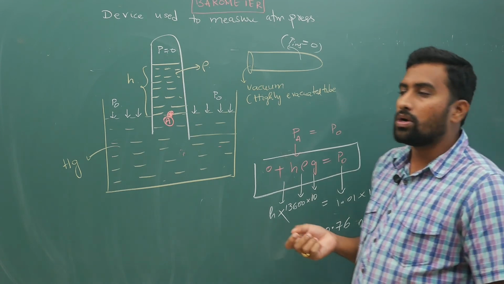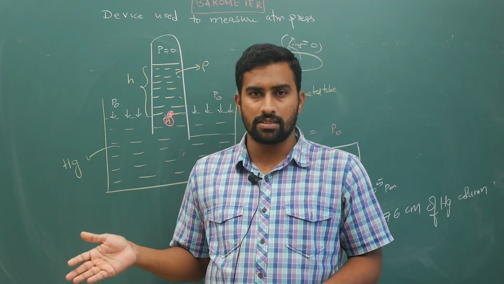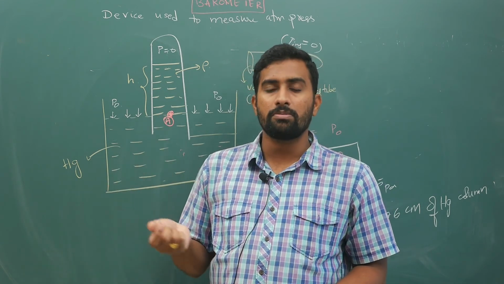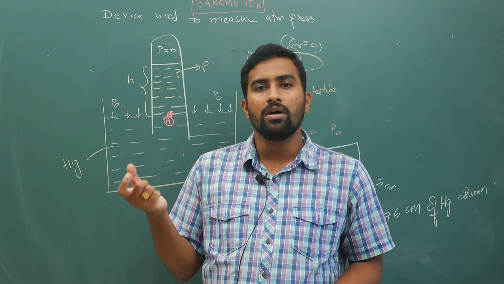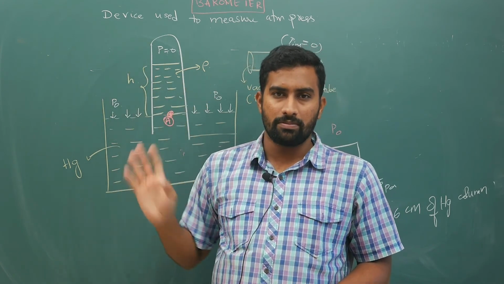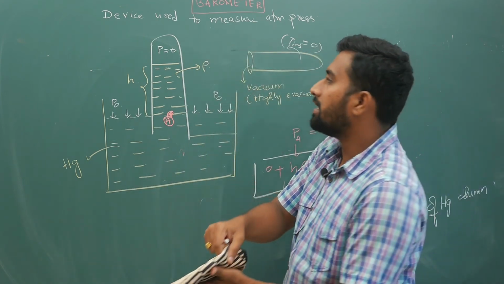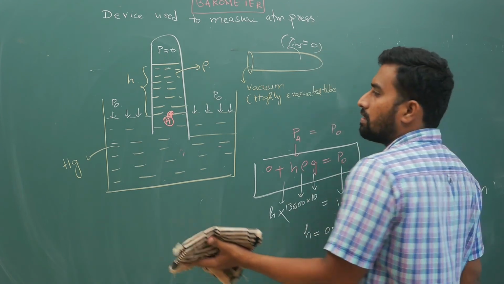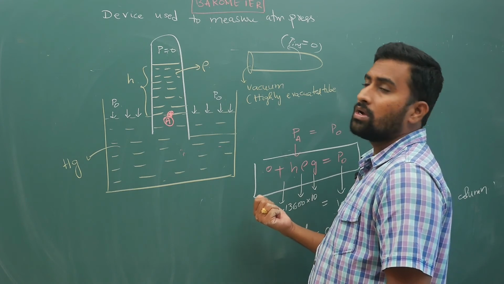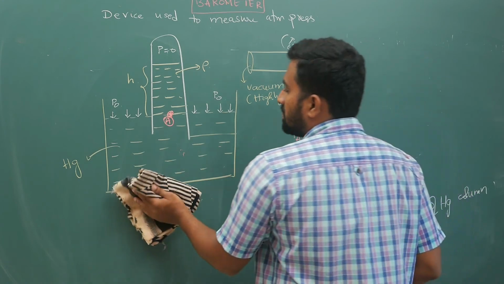Okay. So your pressure, whenever we are writing 76 centimeter of Hg column like this, indirectly when you are doing this experiment with mercury, it is rising up to a height of 76 centimeter. Okay, this is your barometer and it will measure atmospheric pressure. Now let us try to do an example. I will explain. Hope you have understood this, and please do try to take a screenshot of this. Okay, right, now next,